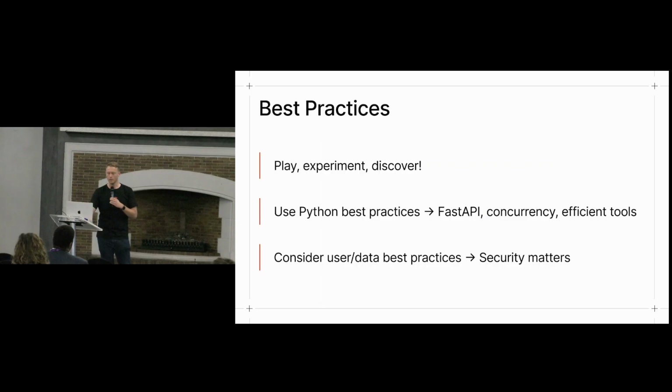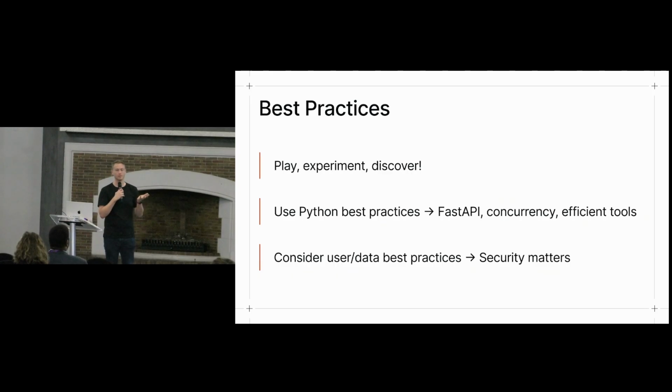All right, so where do we go from here? Agents are extremely wide. I've only covered maybe half of the topics of what agents can do. There's still so much. The best way is to play and experiment. We often get people asking questions like, what's the best way to do this? And often the answer is there isn't really a perfect answer, because you have to experiment and see, with this model, with these instructions, with these tools, does it solve my problem? And nobody's going to be able to answer that for you. So experimenting is the best way.